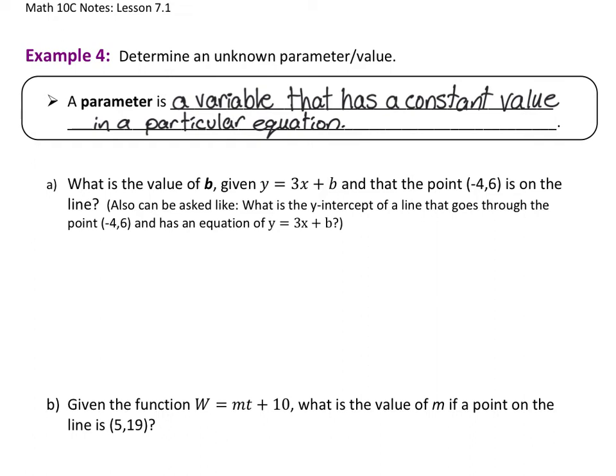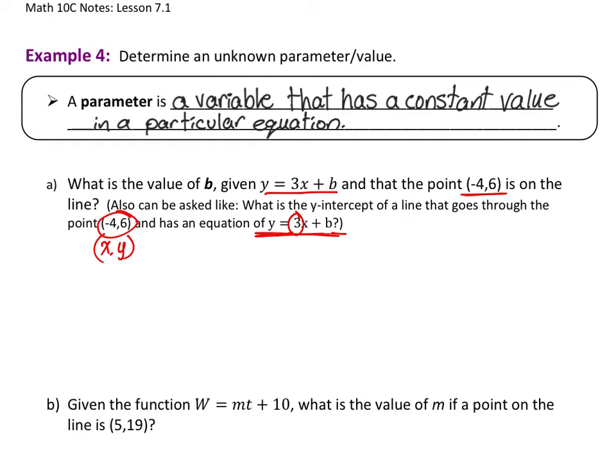So for example, 4a, it says, what is the value of b given y equals 3x plus b and the point -4, 6 is on the line? So that's one way to word this question. I could also say, what is the y-intercept of the line that goes through the point -4, 6 and has a slope of 3? So you'd have to build the equation, putting the 3 in for your m, and then you have your point, which gives you an x and a y value that you can sub in